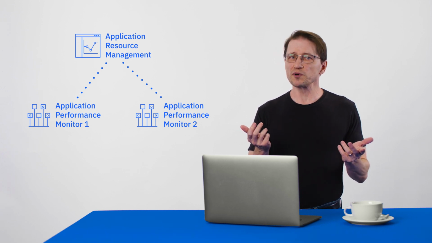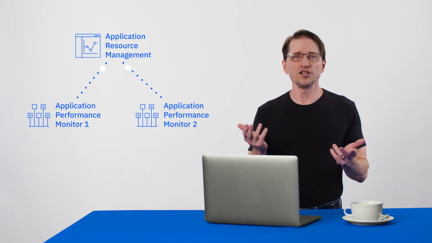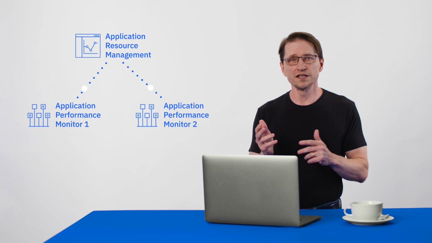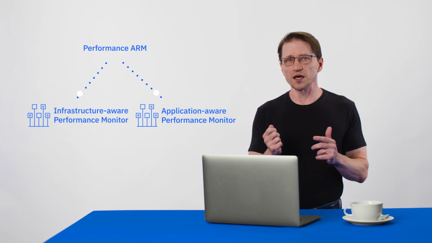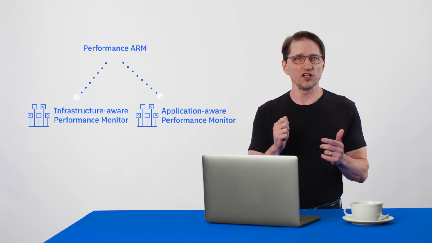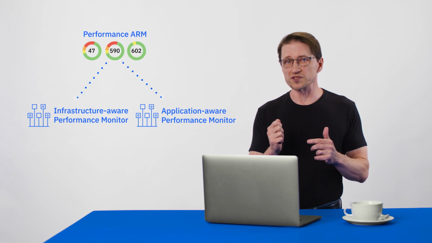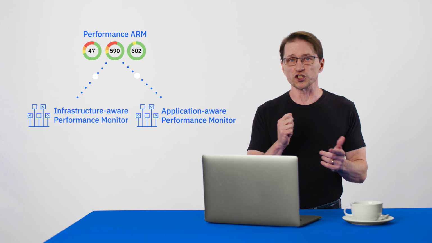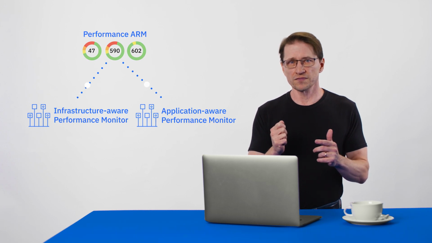So how do you assure app performance? In principle, it's simple. You need to make sure the applications have the resources they need when they need them. This is where the goals of APM and ARM systems intersect. You can get steady, predictable performance by combining the application-level understanding of an APM with the infrastructure know-how of an ARM. To explain how ARM and APM systems work, I'll walk through two scenarios.